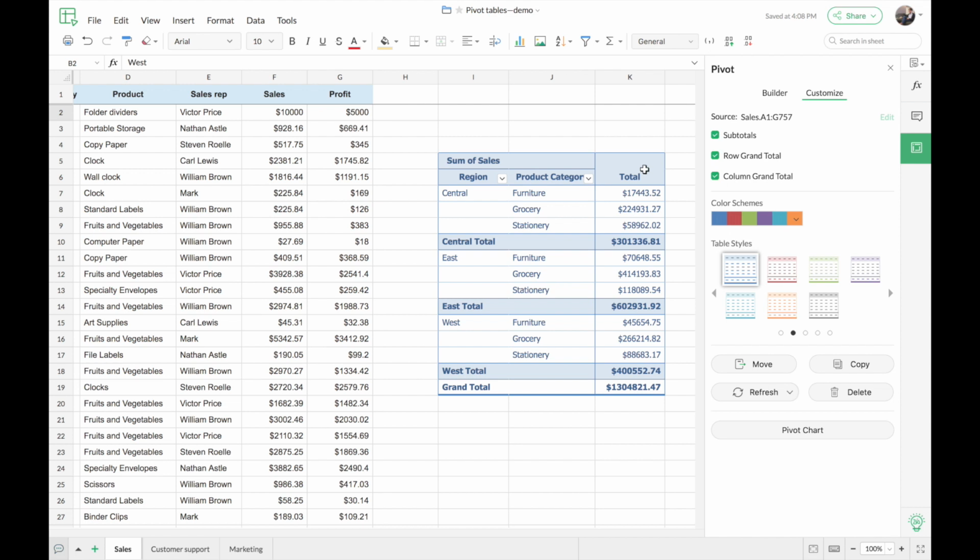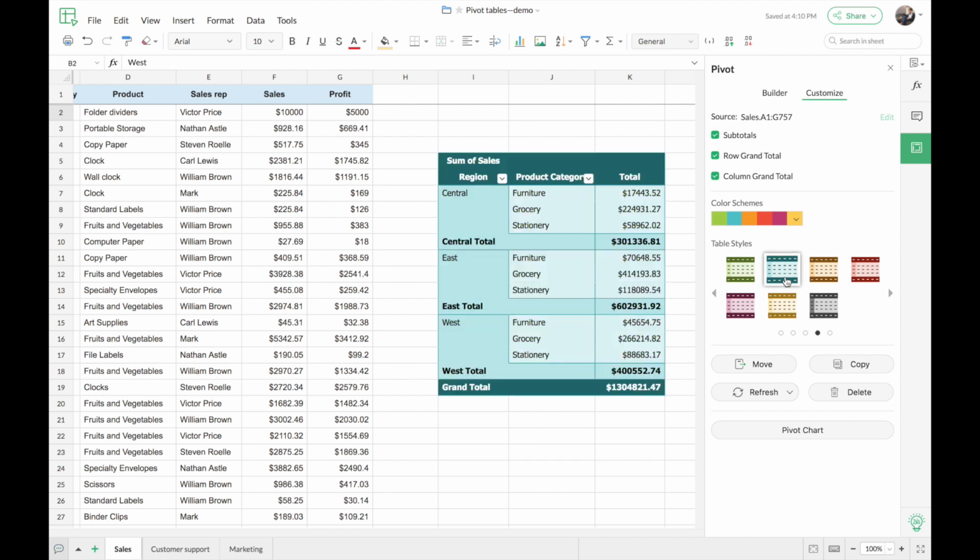So now moving on to the color theme for the table. Zoho Sheet provides you with 6 predefined color themes using which you can customize your table. So now I'm just going to select theme 2. So that changes the color of the table. And I'm just going to change the format in which it is being displayed. So I'm going to choose this style here. So on the left, you can see that the styling of my table has totally changed. So this way you can make sure that the table style matches with your spreadsheet and also makes it clearer.